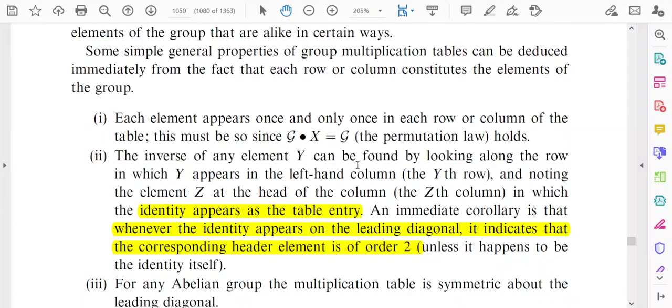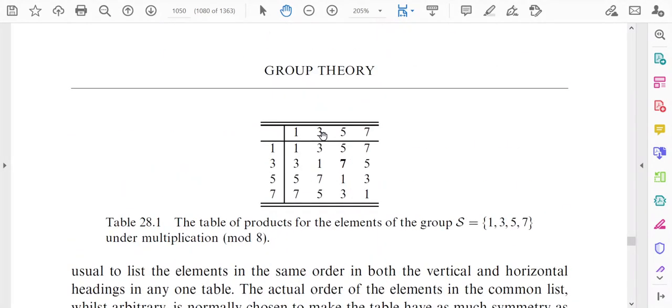As 1 has been generated by multiplication of two elements, and we know the law that identity 1 is equal to x times x inverse, where x is any element of a group G. Therefore, suppose 3 into 3 is 1, then we can say that 3 is the inverse of 3, that is, 3 is its own inverse. But it may happen that there is some other element, other than 3, then this element will be the inverse of 3 by rule.